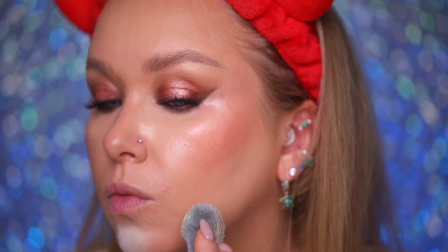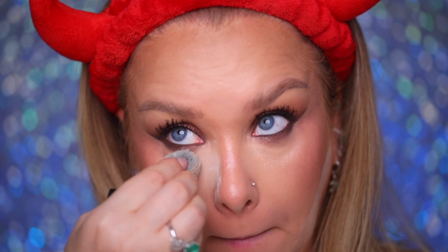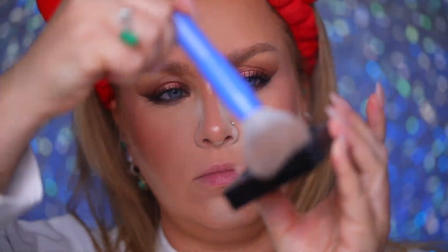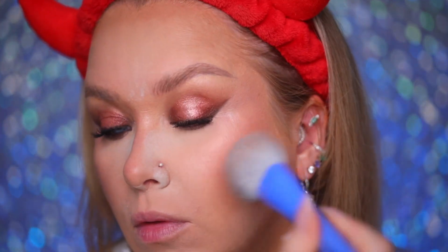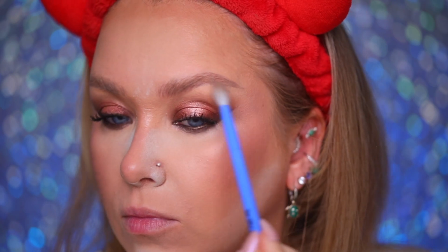I'm setting my face with Givenchy loose powder. Unfortunately, Charlotte Tilbury doesn't offer a loose powder just yet. I'm baking my face and adding some powder to my cheeks to set the blush and bronzer. I use a bit of Charlotte Tilbury pressed powder on my brow bone to blend my shadows further and brighten